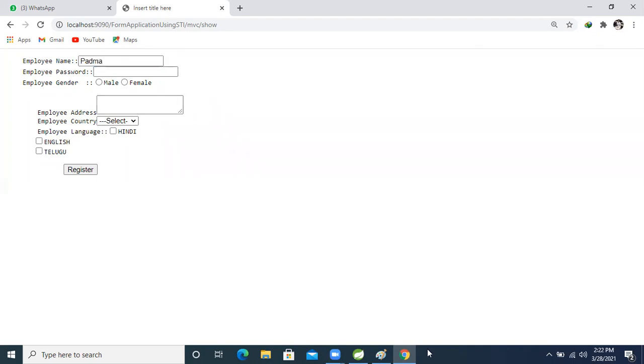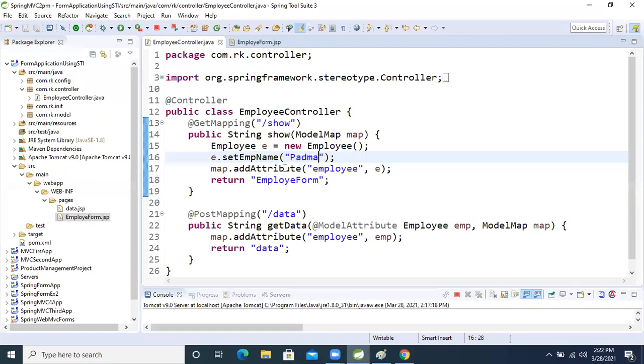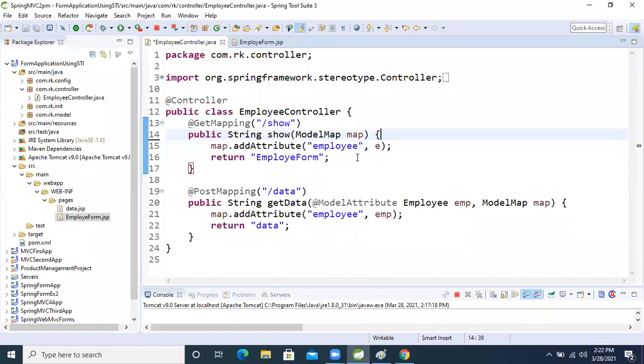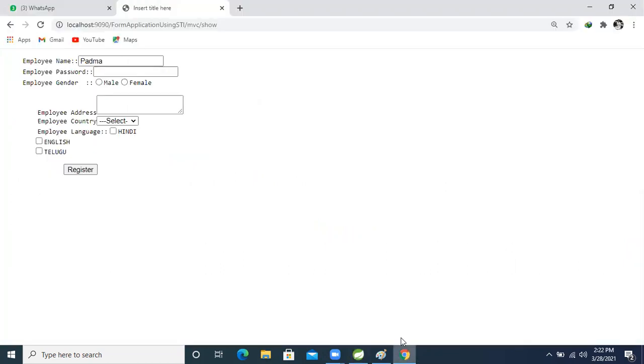But here what we are doing now, let's remove this object from here. Remove it in the controller. Just pass here a new Employee object, I'm passing this object. So that's it. Yesterday's things, how we completed and whatever we saw, till now the project is in that stage only.